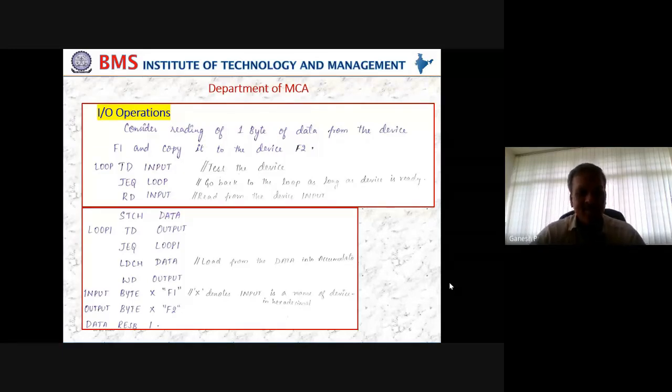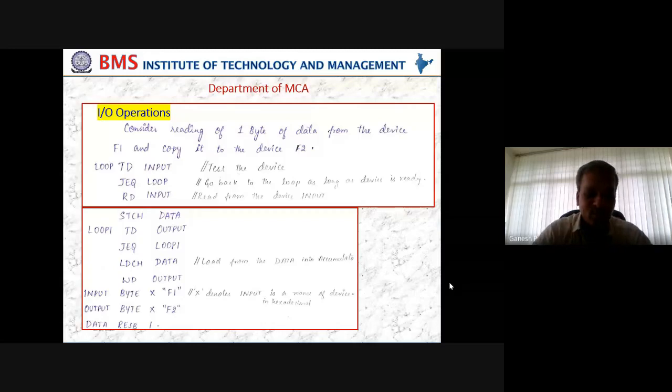Since it is a device name, we are not going to give C here. We are giving an X. Please observe here: input byte X. So far we have written C for every character that we have used, but we are writing X only to denote to the system that it is not a normal character, but it is a device name. That is F1, F2, F3, whatever name you are going to give for a device, D1, D2, D3. You can give any name. That is a name. It is not a single character here. It is a complete name that is going to be